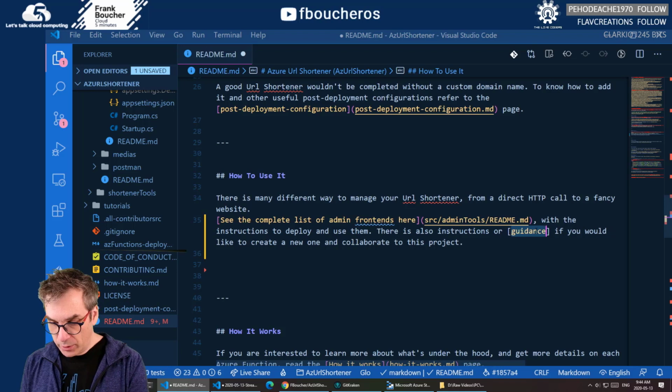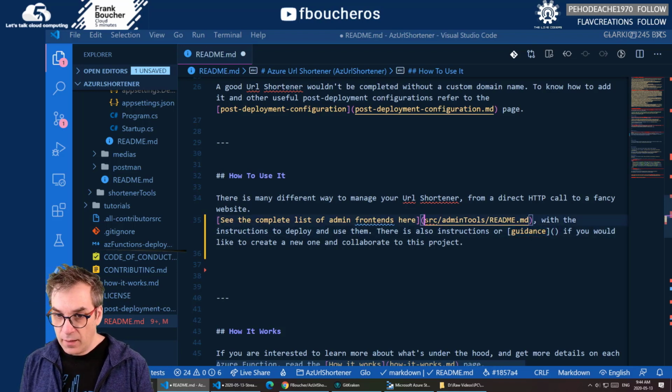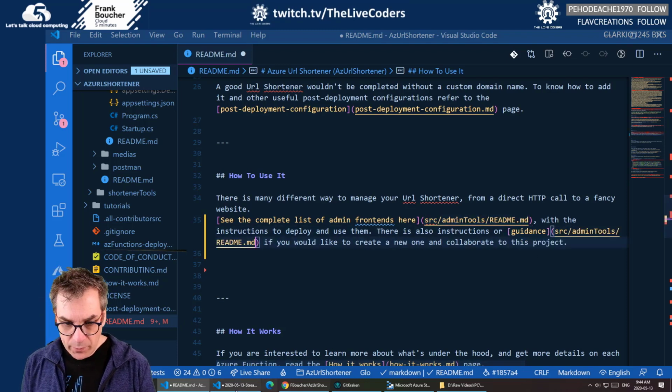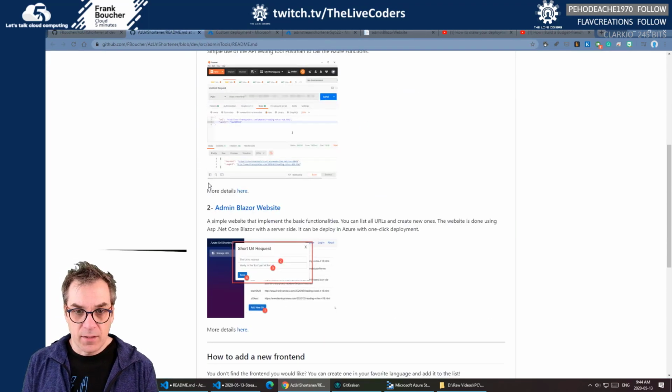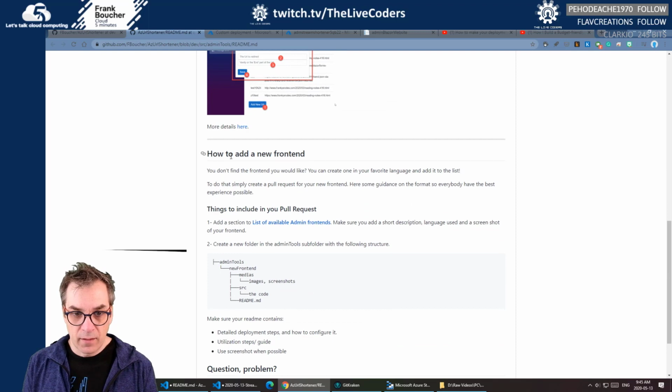So we could put a little link here, and again it will be this page, but it will be in a specific section. So if we go on how to use it, there's a section here, how to add new front end.